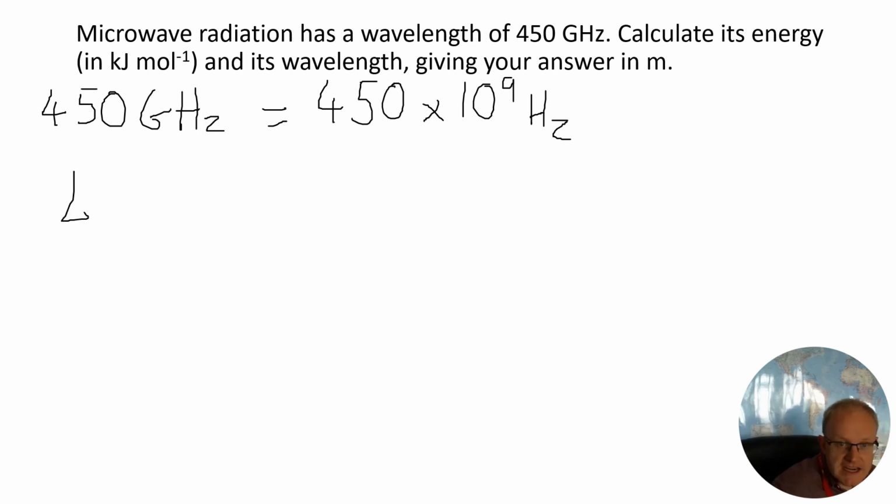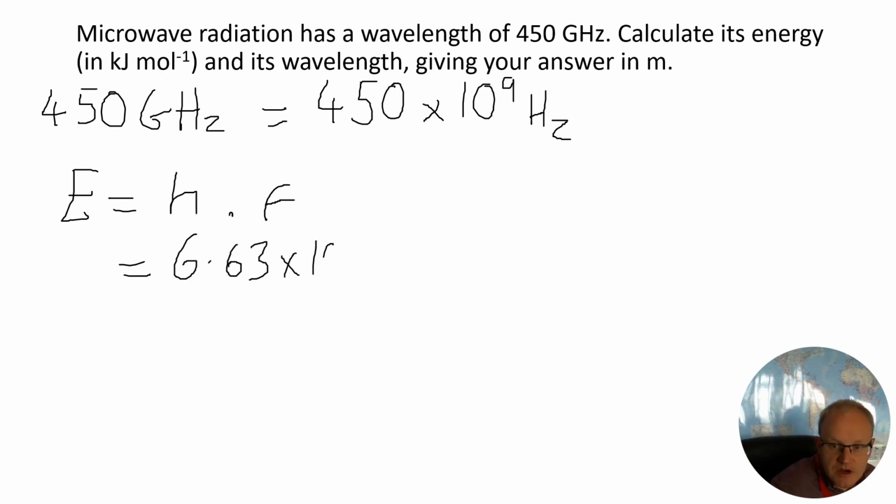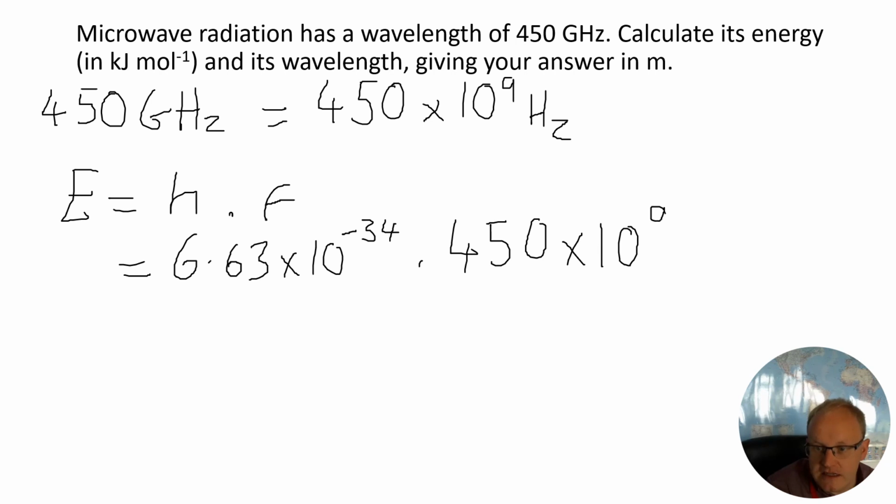And then we know that E equals h times f, where f is the frequency. h is on your data sheet. It's just 6.63 times 10 to the minus 34. f is what we've just said here, 450 times 10 to the power of 9. And when you chuck that all into your calculator, to 3 significant figures, that comes out as 2.98 times 10